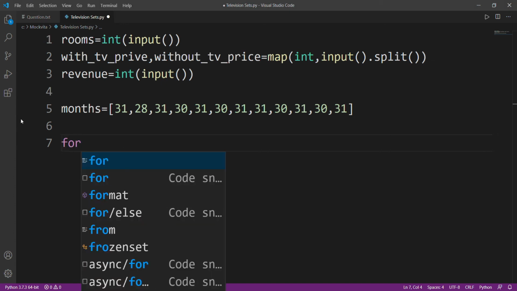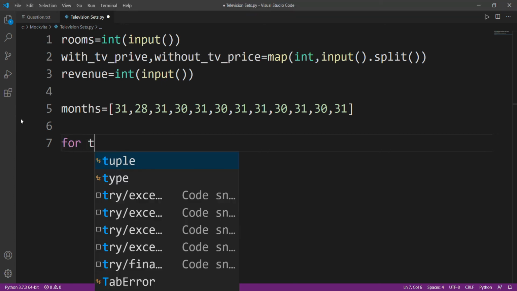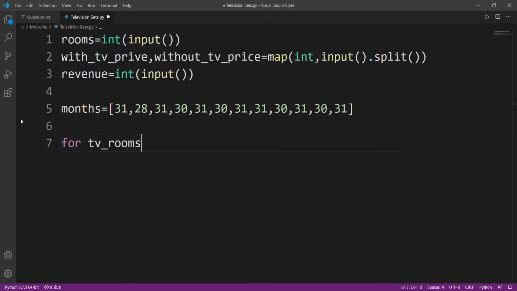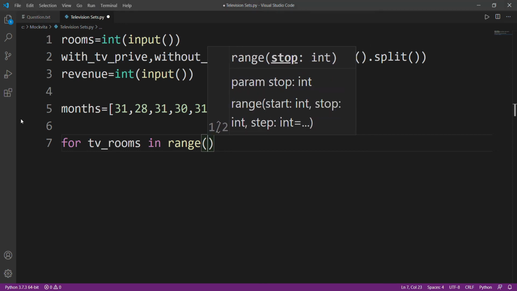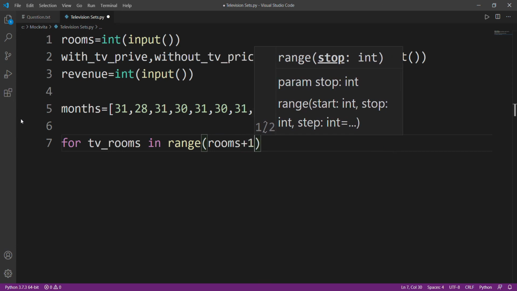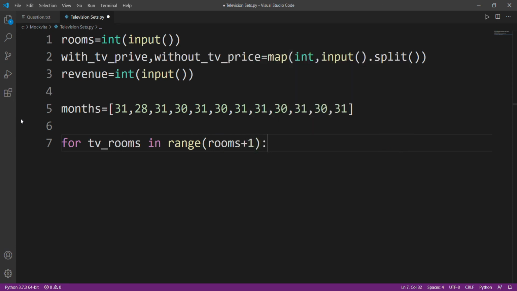Now, as I said before, I need to iterate my TV rooms in this range of 0 to, all right, I don't need to write 0 to the total number of rooms I have, because if I am able to collect my complete revenue with 0 TVs, then it's even better. And since I need to find the minimum, I'll start from 0.